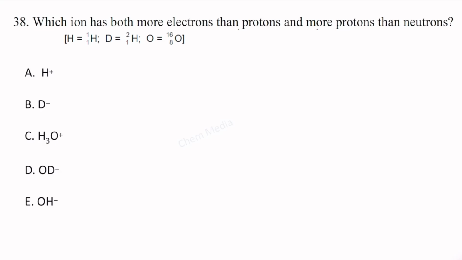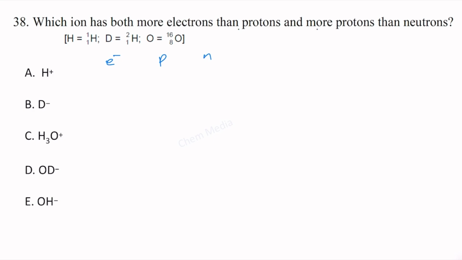Hello everyone, here is a question based on atomic structure. Which ion has both more electrons than protons and more protons than neutrons? Let us first calculate the number of electrons, protons and neutrons in each species, then we will decide which one